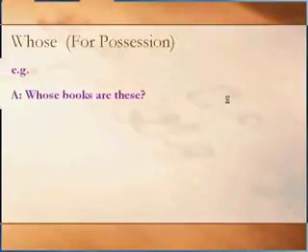whose books are these? So you want to know about the books, who's the owner of the books, right? In other words, you can say who's the owner of the books. So you are starting your sentence like whose books are these, who's the owner of these books. B: Salma's. It means that the books belong to Salma. Salma is the real owner.